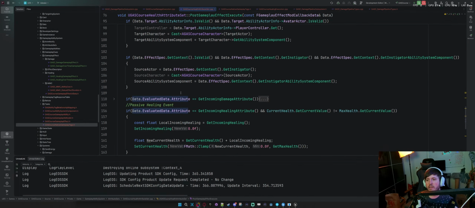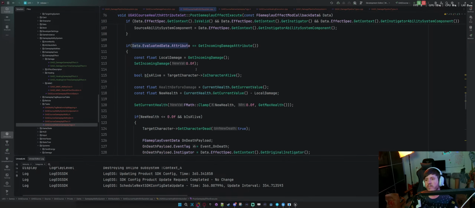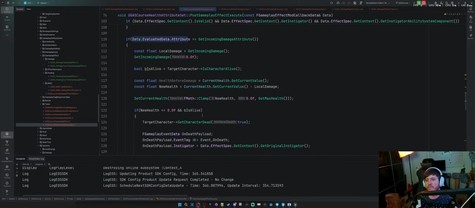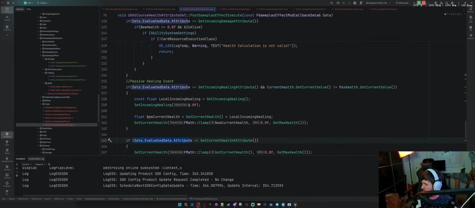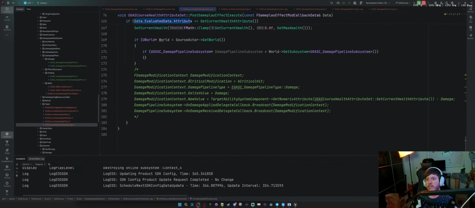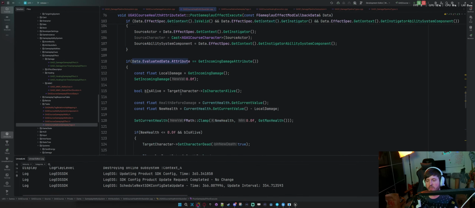I guess we have to determine if it's from the incoming damage attribute or it's from... So I think I could construct it in a very similar way. Because it's very similar, because we do damage on applied and on received. I'm able to get both information, right? Source and target.